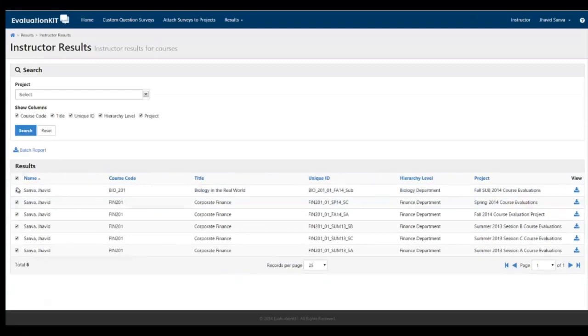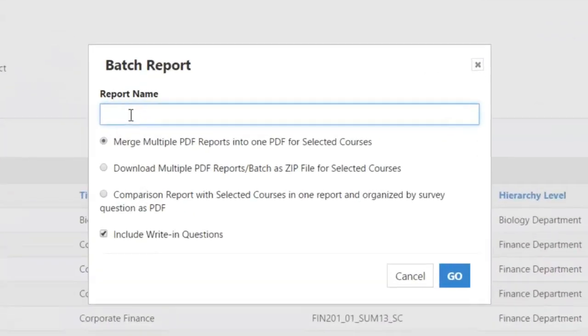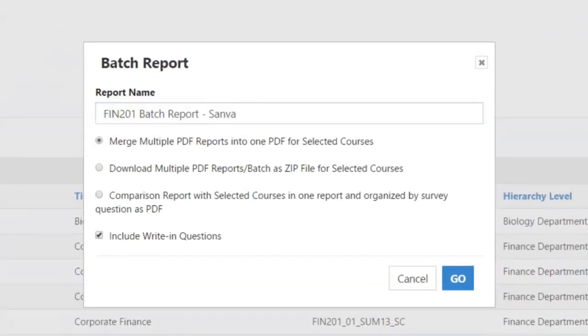If we select our courses and click on batch report, here you would give the report a name, and then we're given 3 options for different batch reports. You can create an overall merge PDF report that includes all of the selected individual courses for this instructor in one large PDF file. You can generate a zip file that includes all of the individual course PDF reports, or